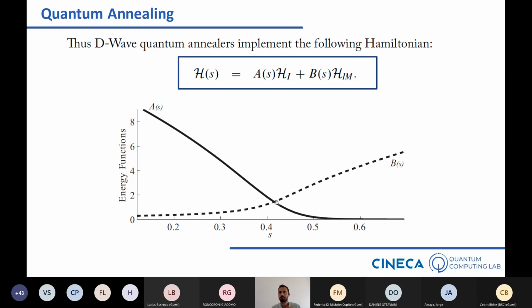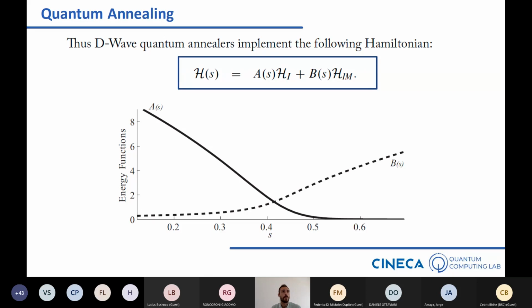In reverse annealing, as Daniele said, you start from a configuration, then you go backward. So you start from the end, you go backward, you stop at 0.4 again, and then you go in the forward direction again. The idea of pause or reverse is to stay for some time in this regime, where both the tunneling Hamiltonian and the problem Hamiltonian have comparable strength,